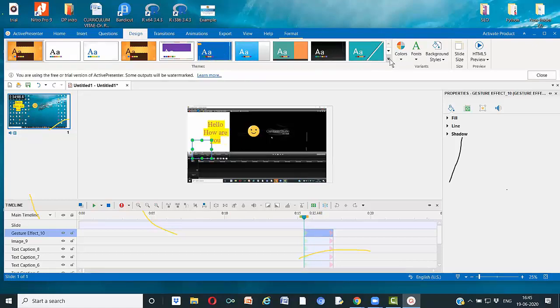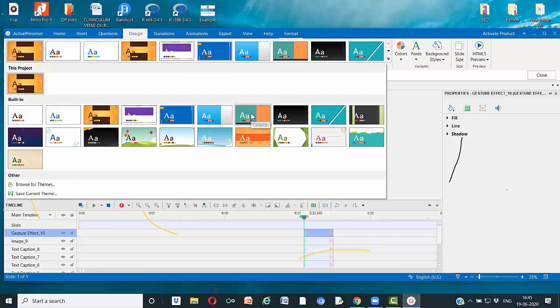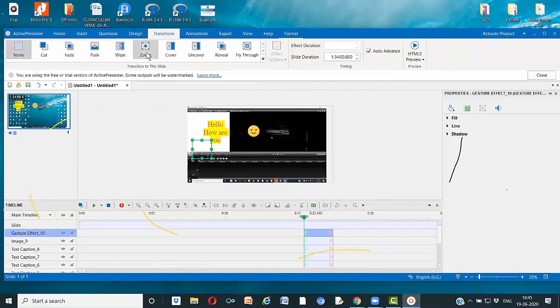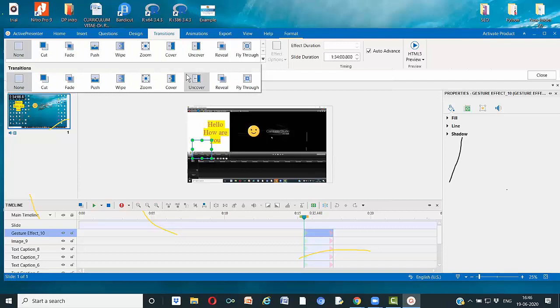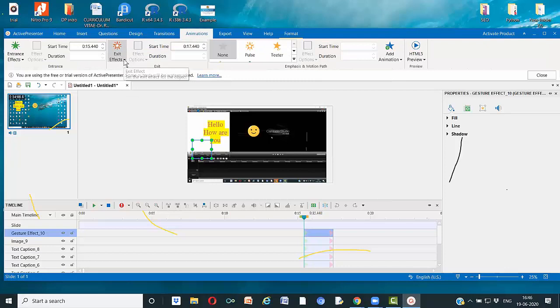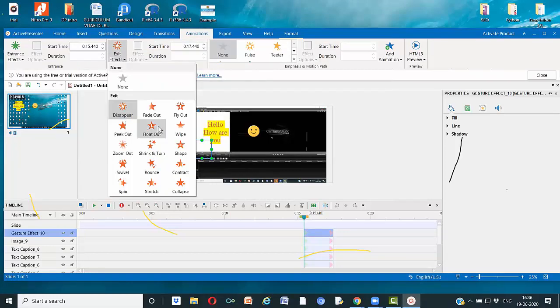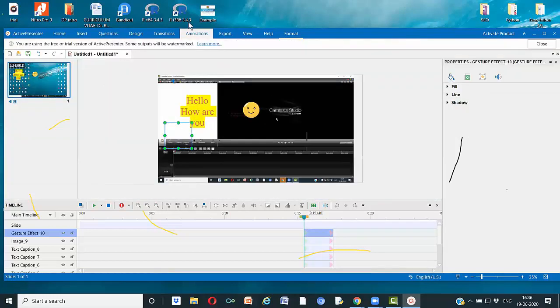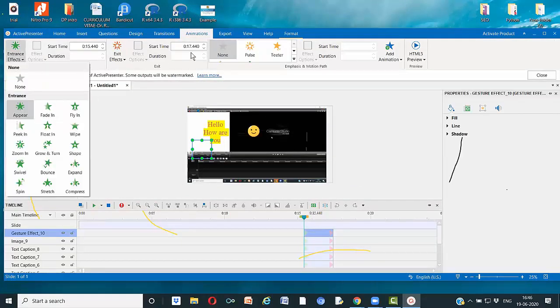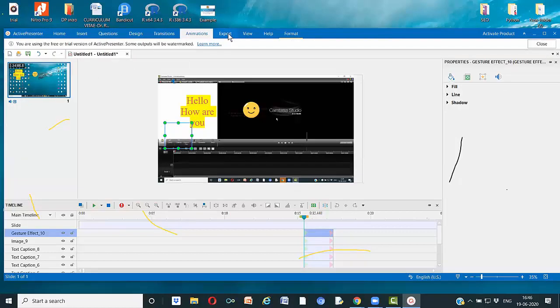You can see there are many templates available. Then transitions from one video to another video are available. Animations are also possible with text, and whatever effect you want to give, animation effects are there. Then you can export it.